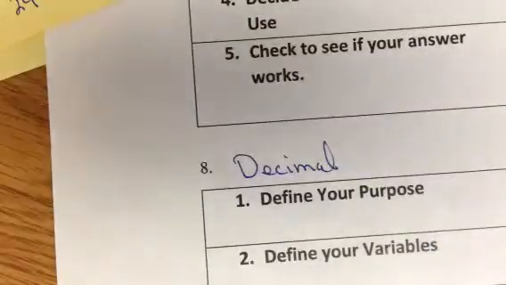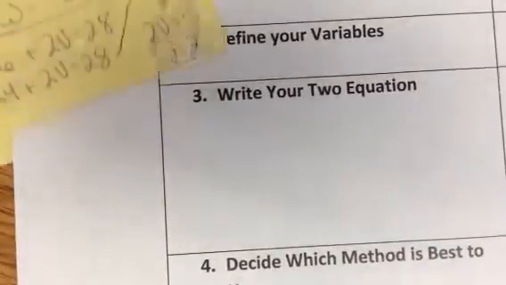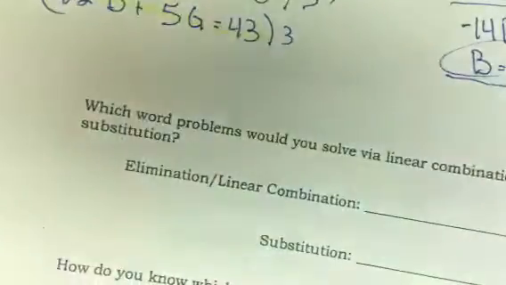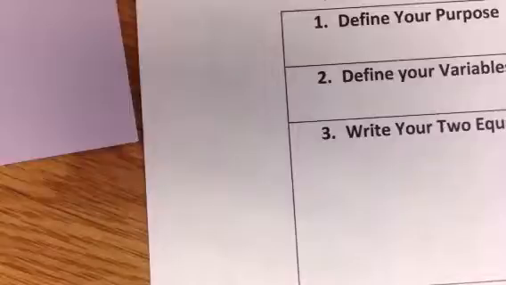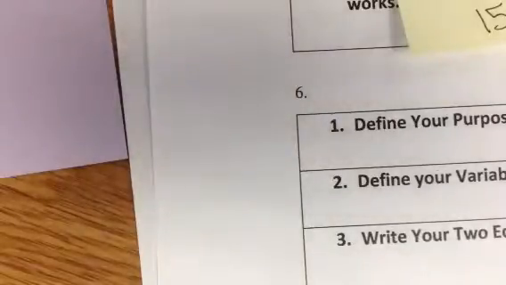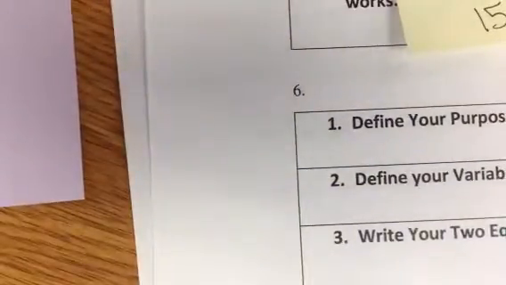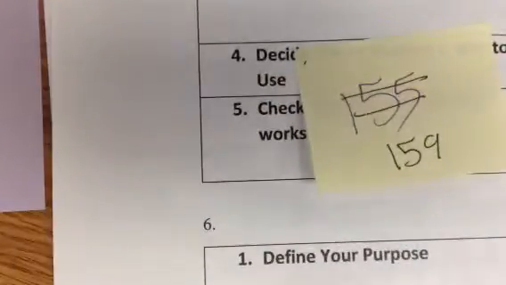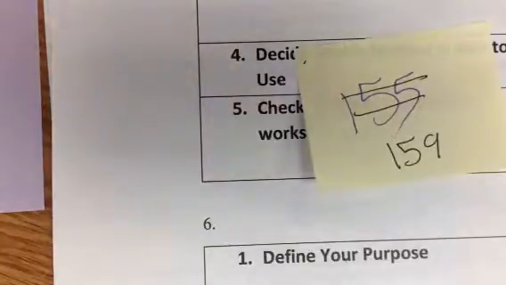And then number 9, I didn't give you a box for number 9 because I thought you could just do number 9 right there on the paper, on the yellow paper. Okay? So I just want to go through a few of these with you guys when you're trying to write your equations, because some of them are going to be a little bit more of a challenge. So this is going to join the yellow page. This is going to join it, and together, they're going to be together 159. All right? So I think the first one I want to talk about with you guys, let me just look through, is,